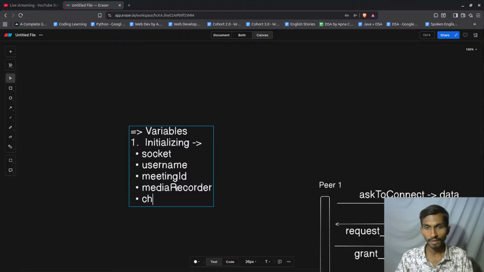Later, I will have chunk, and this chunk will mainly contain the information related to the media container, and that's going to be an array. So this is how I'm going to be going ahead with things. This is for when the initialization happens, and the second thing is actually,